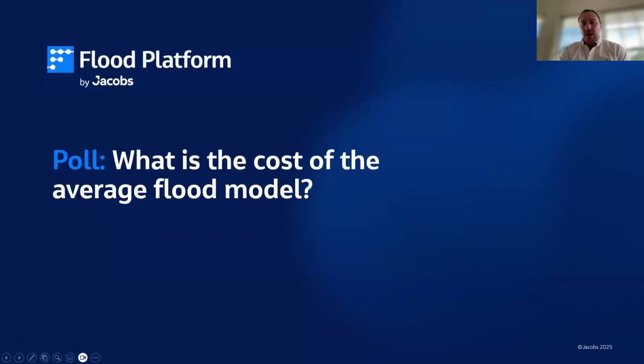So at this point, I would just ask, if you haven't already, there's a poll that you can enter, which is around what is the cost of the average flood model. Sophia, I don't know if you would like to give some guidance here on how people might think about responding to what a flood model might cost them.